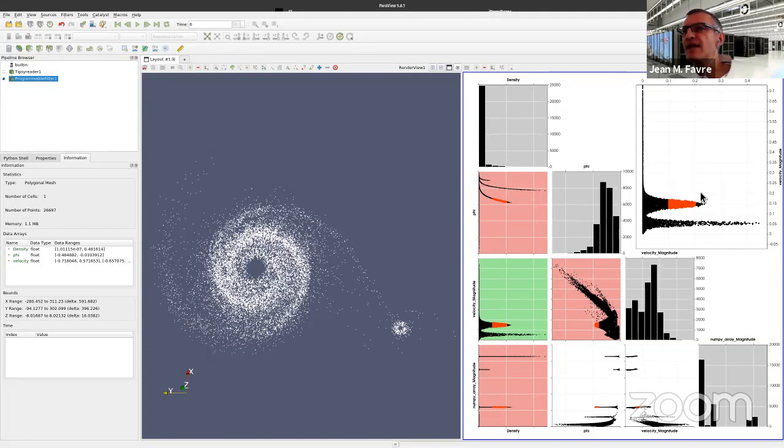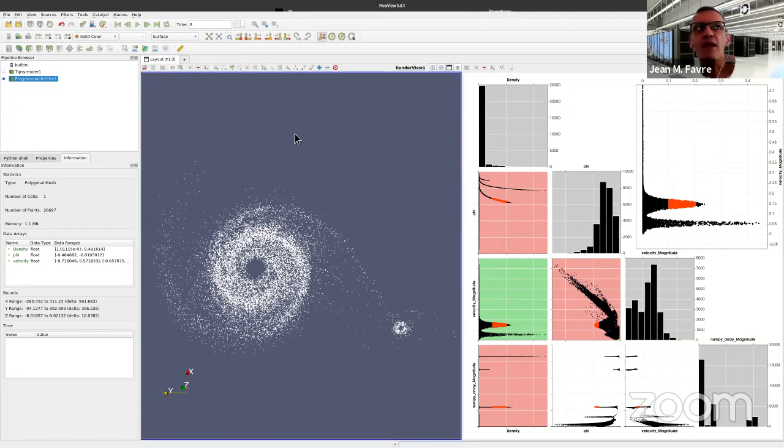Now this selection criteria gets visualized in all the different view matrices here. So you can kind of get an idea of where your particles are and how they match the selection criteria. Furthermore, if I click on my